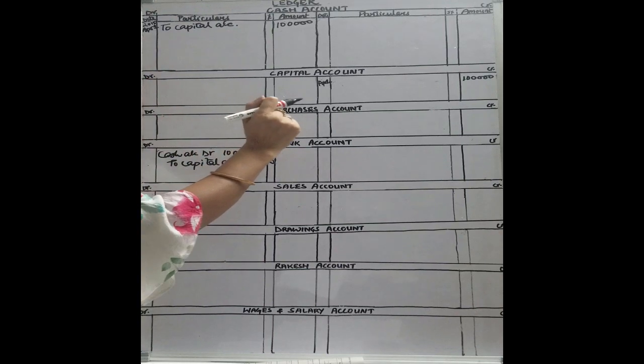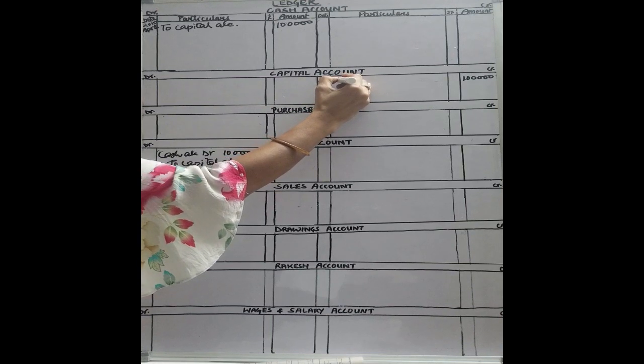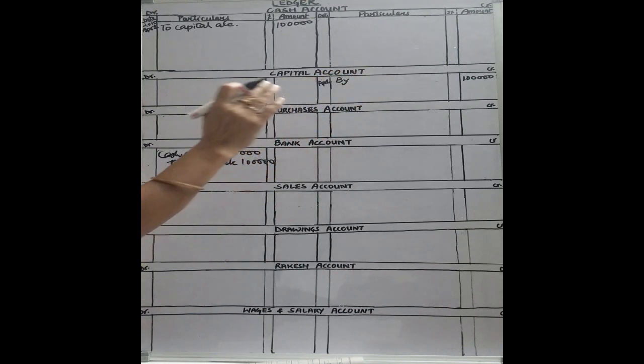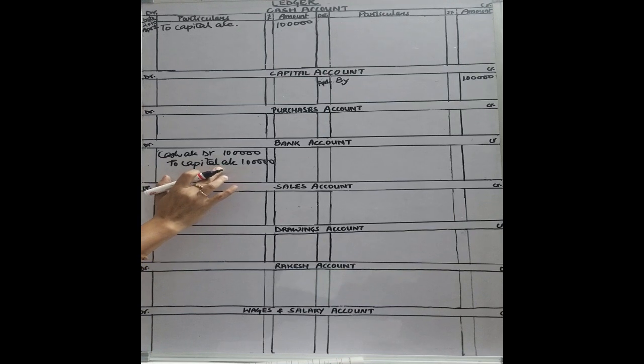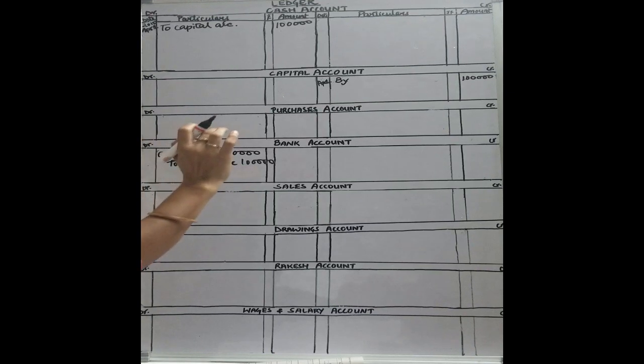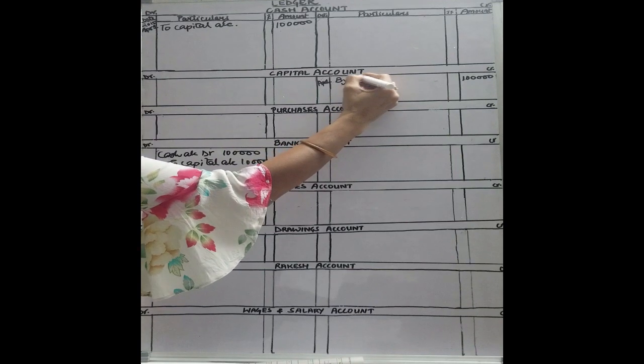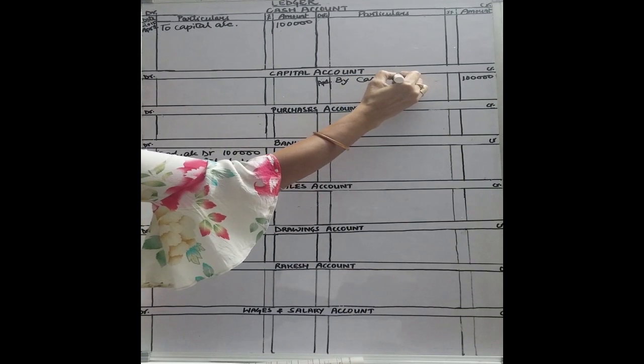As I told you earlier, before writing the reason on the credit side, we have to write the word 'By'. Now the reason behind crediting the capital account is the cash account, the other account on the opposite side. Here the other account on the opposite side of the capital account is the cash account. So the reason behind crediting the capital account is the cash account. So let's write it 'By cash account'. Now the next transaction is on April 2nd: bought goods for cash rupees 30,500.